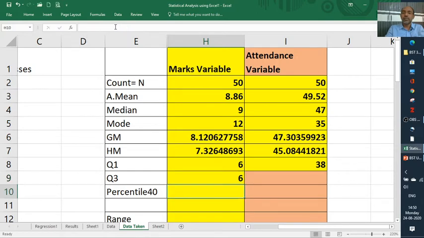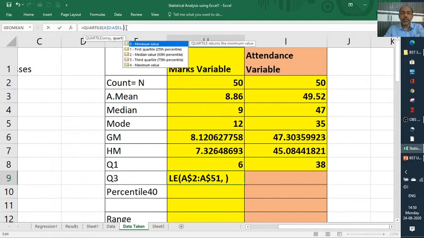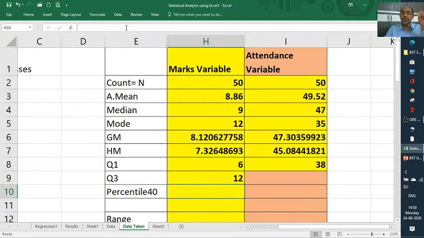Okay, so we got it. Here, instead of 1 you put 3. 3 means third quartile. So it is calculated: 12 is the third quartile for marks and 64 is the third quartile for the attendance variable.